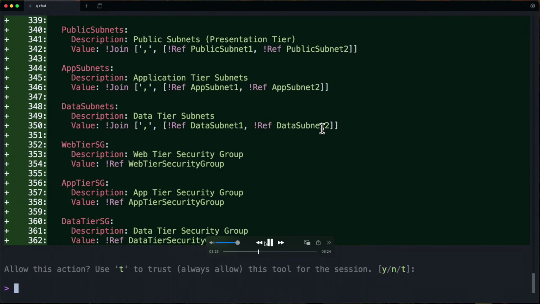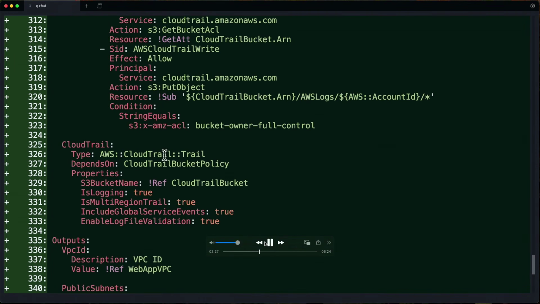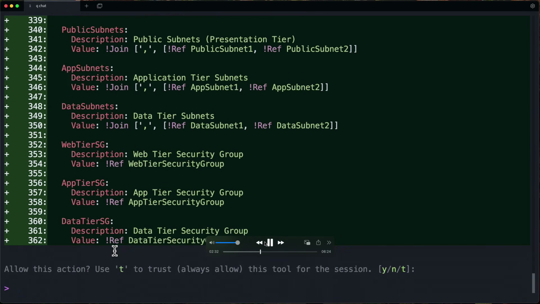Okay, so it has now basically started creating the CloudFormation for my baseline. So if we go into here, we're actually going to see some with CloudTrail. And I'm actually catching an error here. Again, this is not perfect. CloudTrail is already enabled by Control Tower. There's no reason to basically configure CloudTrail if Control Tower has already enabled it.